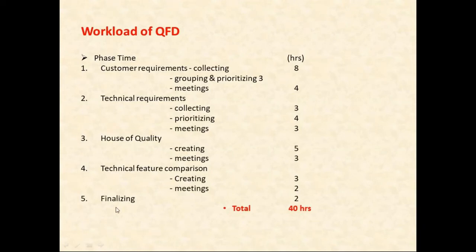And if you total up all this, 2 hours you will take for finalizing. Once everything is set up, before coming to a conclusion, you will have to finalize whether each and every step is right or wrong. So say 2 hours when it is a small quality function deployment. Total hours to solve this will be at least a minimum of 40 hours. Keeping this in mind, you can proceed with your research work.